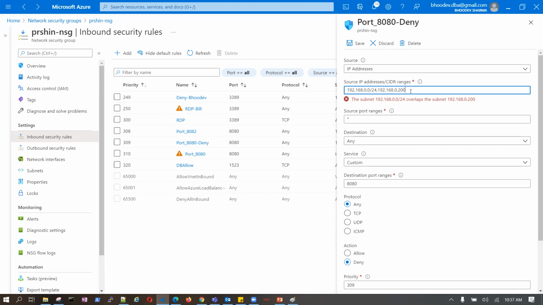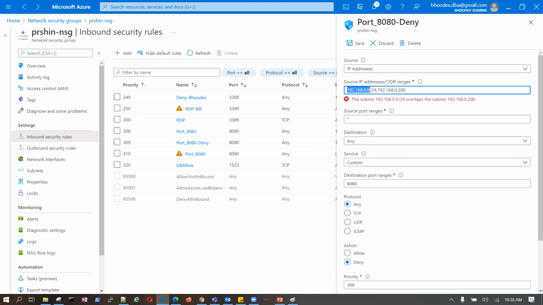Guys, quite interesting. No, I'm not clear. Where is that already sitting? So hope you can read the subnet: 192.168.0.0/24 is this IP range. It overlaps the subnet. 192.168.0.200 is part of this.